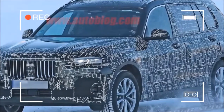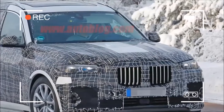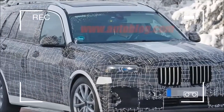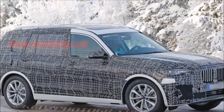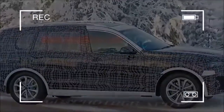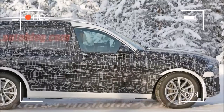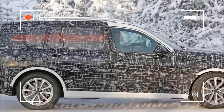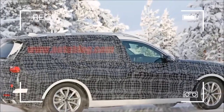The camo on the 3-row SUV has curlicues to disguise any notable surfacing details, but the door sheet metal still hints at the hockey stick-shaped creases seen on the concept. It has been reported that the X7 will be based on a stretched X5 platform BMW calls FLOR, for cluster architecture. The X7 appears to be close to its final form, and it's likely to make production as a 2019